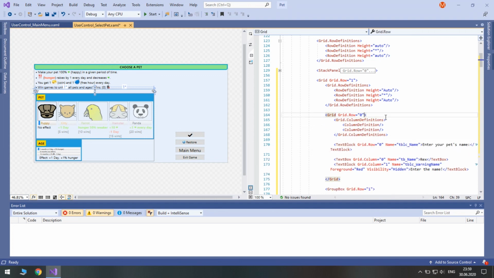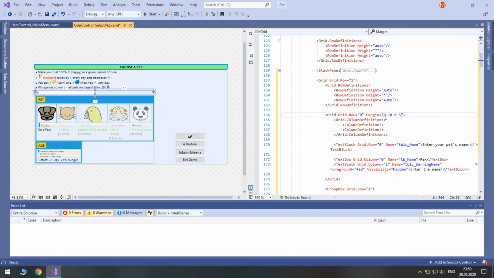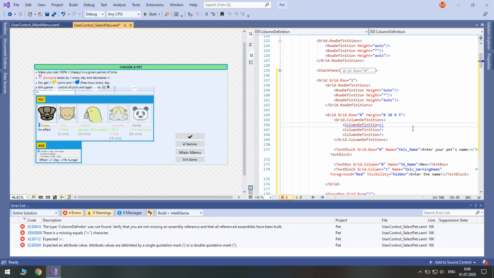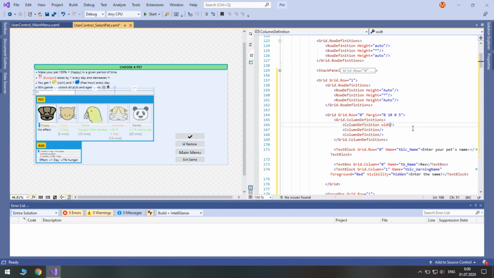We will separate this grid from other controls. So margin 0 on left, 10 on top, 0 on right and 5 on bottom. Inside of it we will have 2, or rather even 3 column definitions. And the first one will have width set to auto. The first one will be in column 0.